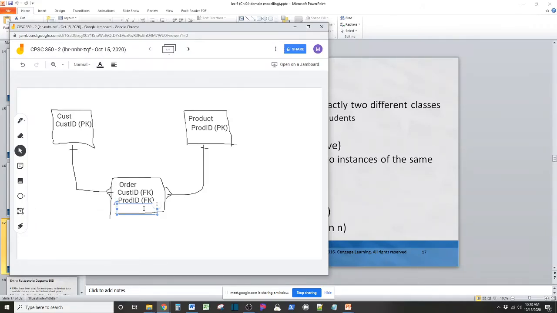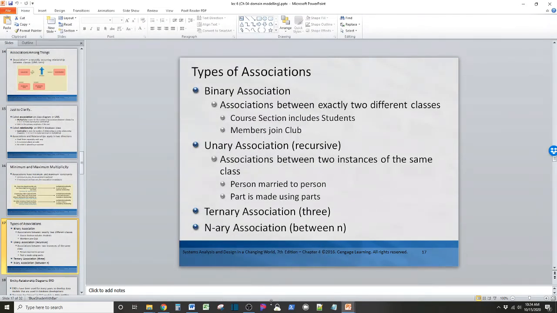So in this case, I might just have order ID like that. Now, when I have a ternary type of relationship, making the determination is a little trickier, but you still could say one is reliant on the other, therefore that one would have that foreign key, and then all of them involved would have to have primary keys as well. So, all right, let's close that